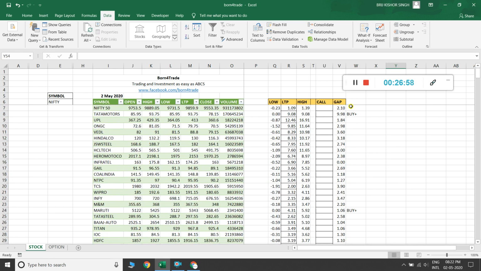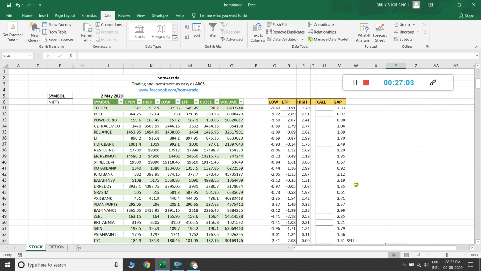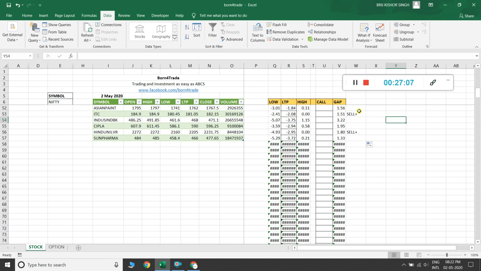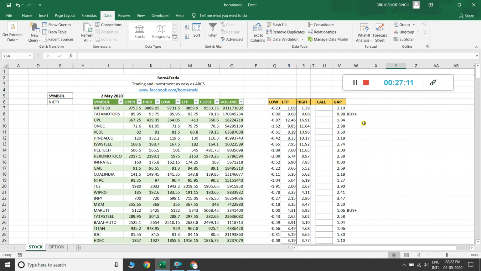Then right now it is not possible to have both signals, buy plus and sell plus, appear in a single column.